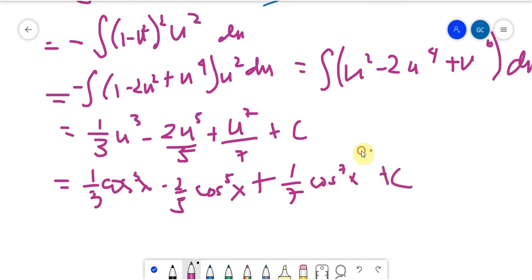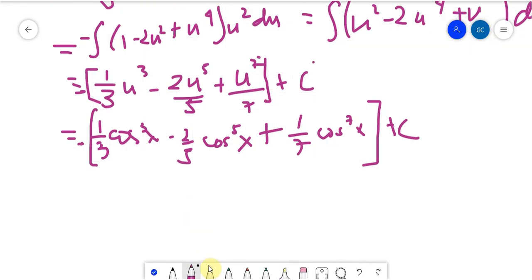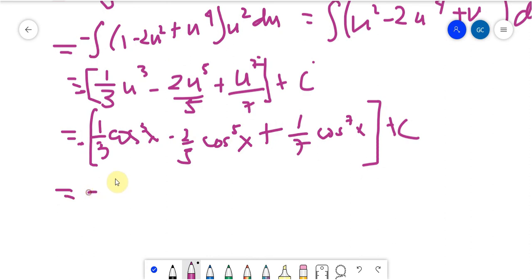And don't forget we have a negative outside. We almost forgot the negative here. So let us distribute the negative. So we have negative 1/3 cosine cubed x plus 2/5